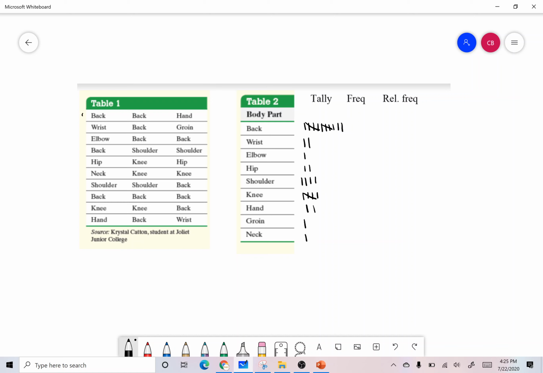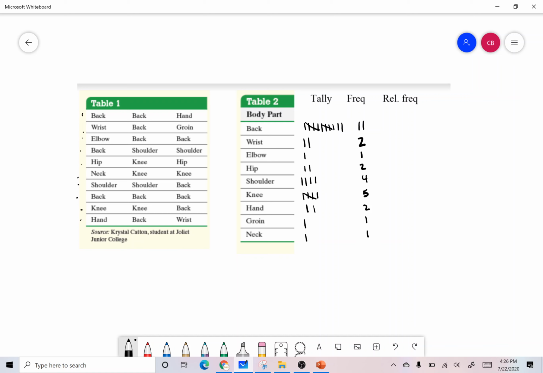We have 3 by 1, 2, 3, 4, 5, 6, 9, 10. 10 times 3, 30. So this is 12, 13, 14, 15, 16, 17, 21, 26, 27, 28, 29, 30. So we got them all. So the frequency: there are 11 instances of this. There are 2 instances of wrist. There is 1 elbow, 2 hips, shoulder, that's 4, knee is 5, hand is 2,